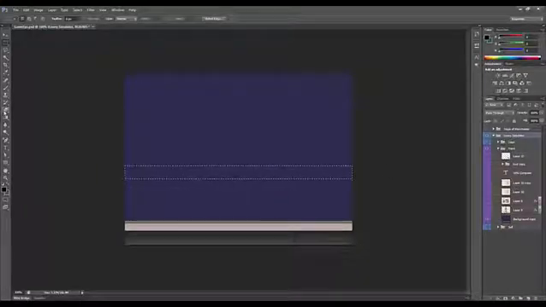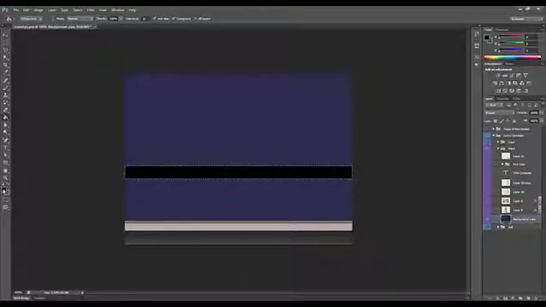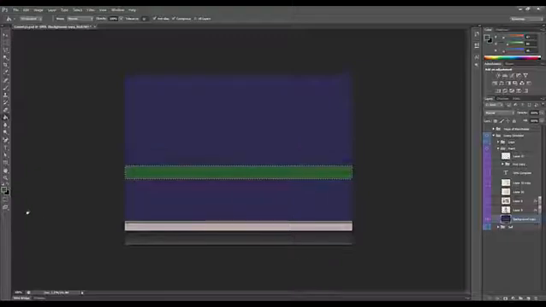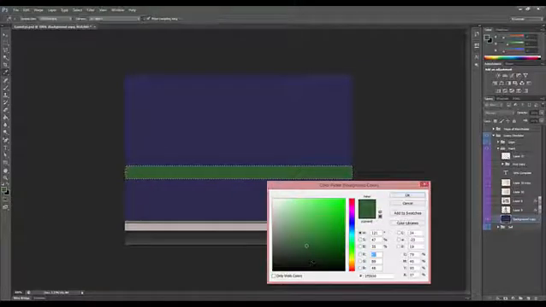And then I just used the fill tool, which is this one here, paint bucket. It'll look like that for you. And I filled it in, so if I click on the layer and fill it in, you'll see I've just filled it in black, which is the colour I've got here. If I swap those colours around, it'll fill it in green. And I can change those colours by just clicking on that and change it to something else.